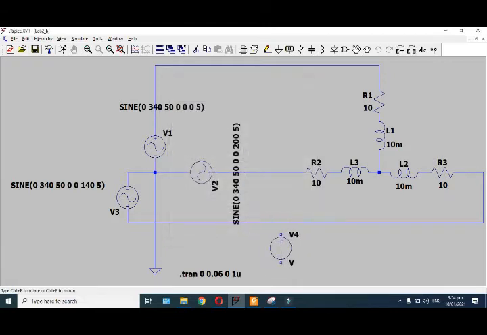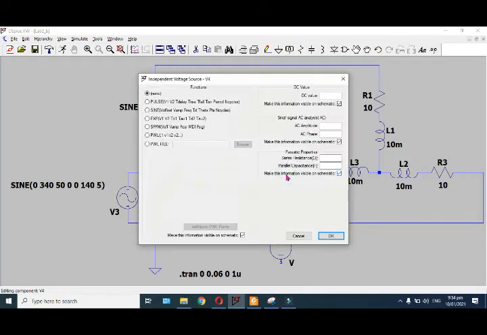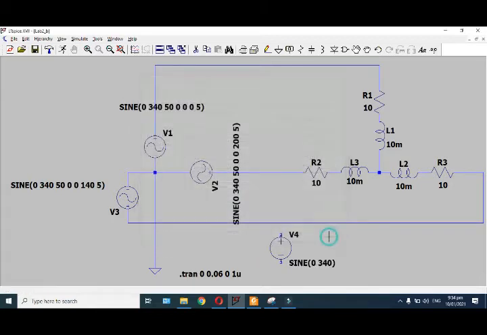We have pasted a voltage source. Right click on it. Here you can choose pulse mode, a sine wave, whatever voltage source you want. Here is the voltage magnitude of that sine wave, the peak voltage. Here is the frequency, time period, on and off, and the number of cycles for which you want to simulate.